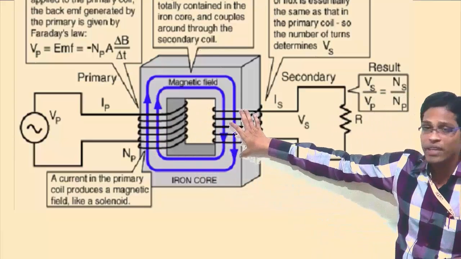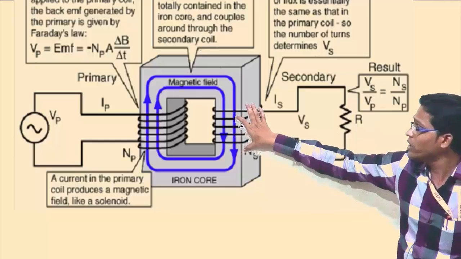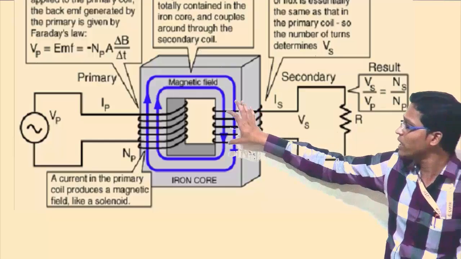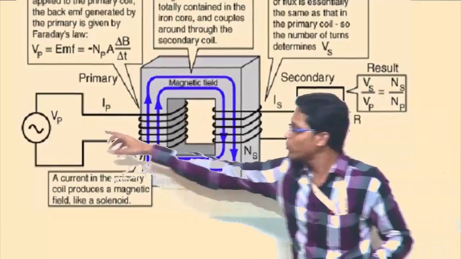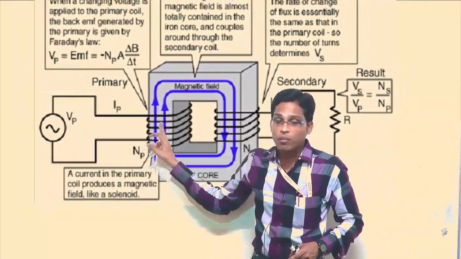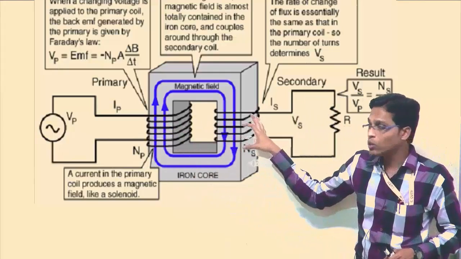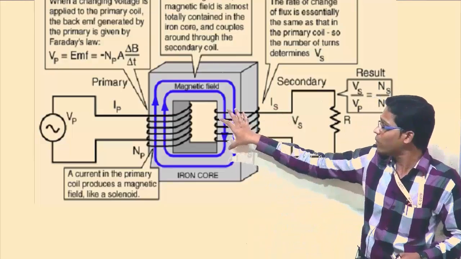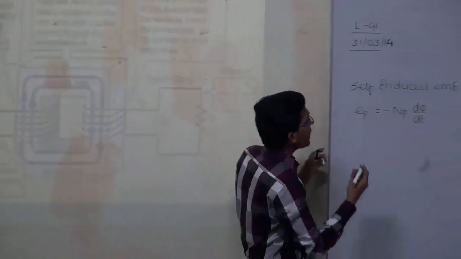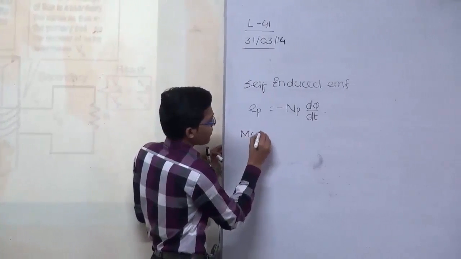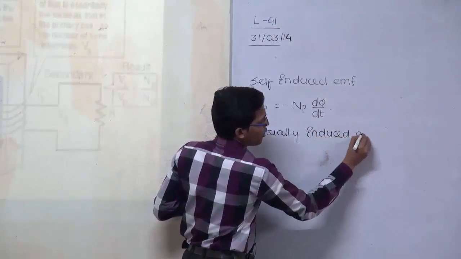So again on the secondary side of the transformer, due to the alternating flux, EMF will be induced, which is called the mutually induced EMF. Mutual means here we are supplying the voltage Vp to the primary winding, and we are not supplying any voltage to the secondary winding. But due to the mutual induction process, some voltage will be induced in the secondary winding. Whatever EMF is induced in the secondary winding due to mutual induction is called the mutually induced EMF. And the formula for that, the mutually induced EMF,